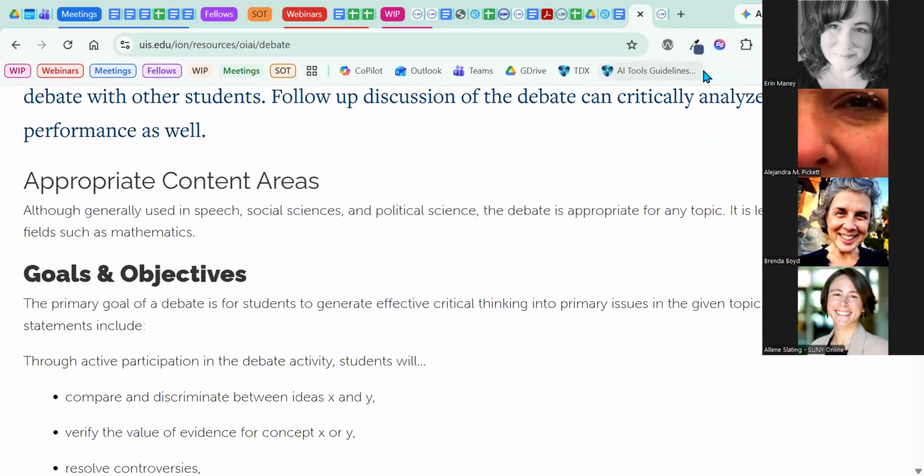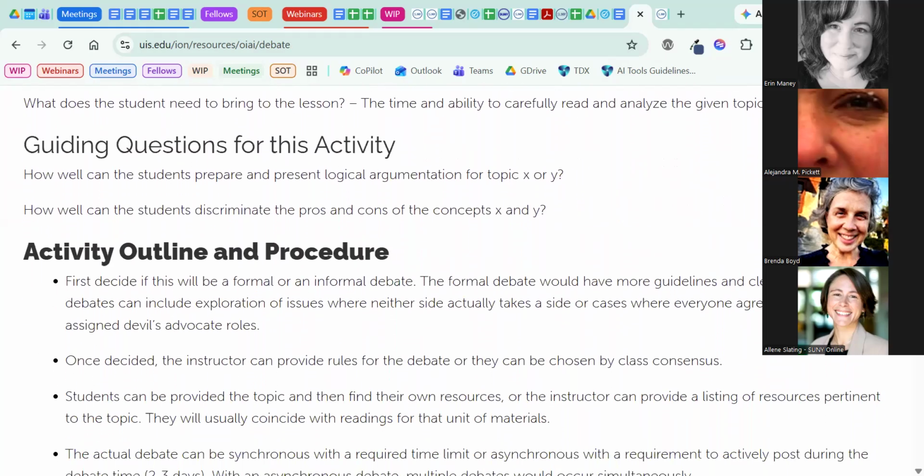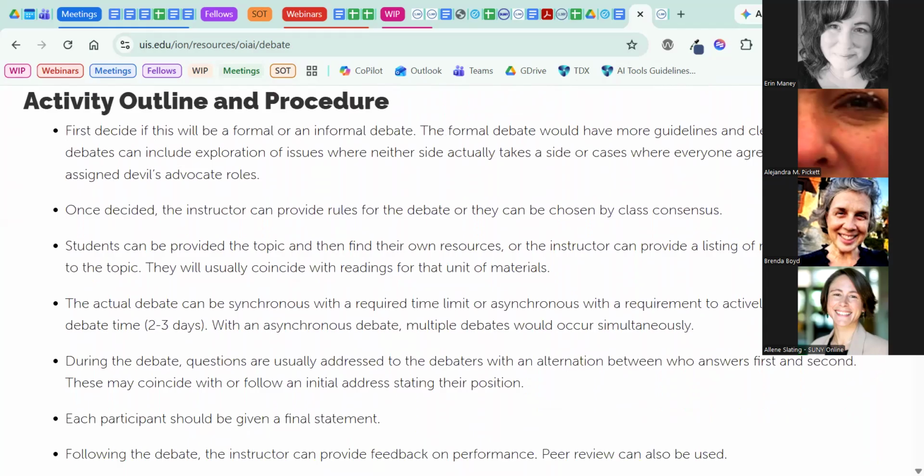And what I like about this resource is that it really gives you a lot of information in order to set up an activity. So some goals and objectives, some prerequisites in terms of materials and guiding questions, and then an outline for how you would actually implement the activity.